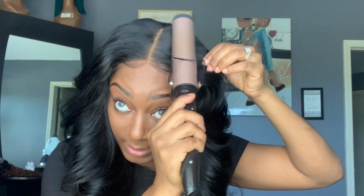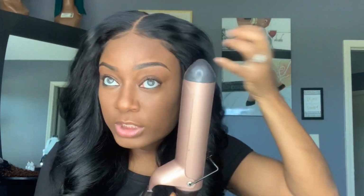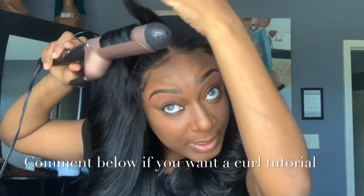And you know, sometimes it may come just a tad bit out of place. If it is when you get it, because it's going through shipping, it ain't gonna be exact, then you can easily curl it back yourself. Take a big barrel curl. If you like these curls, take a big barrel curl and curl it back. I'm actually gonna curl this part right here really quick. I might do a curl video on here. Show you how I got these nice big curls, but